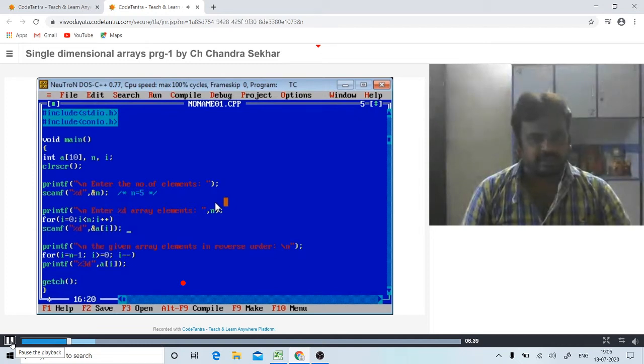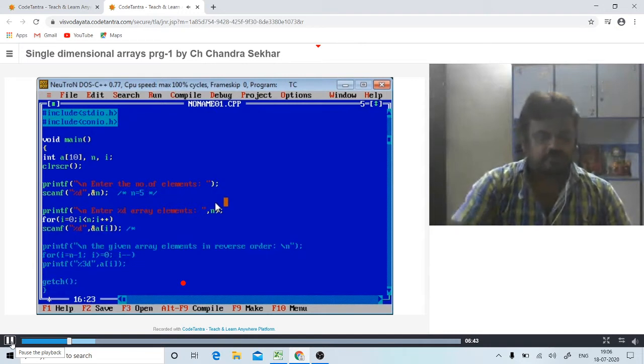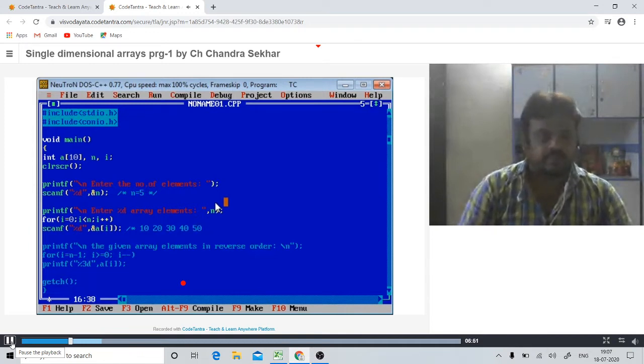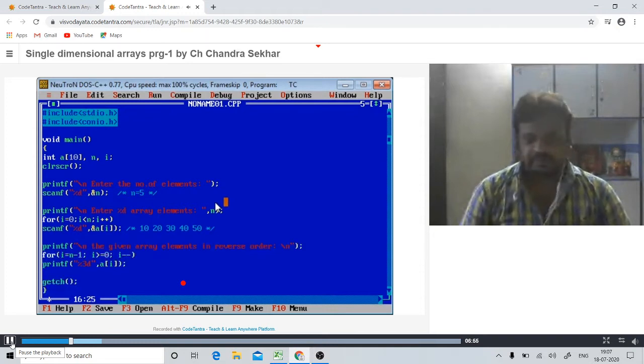Now I give 5 array elements, like 10, 20, 30, 40, 50. By default, 10 is stored at a of 0th location, next a of 1, a of 2, a of 3, and a of 4. Total 5 elements are stored in the array.